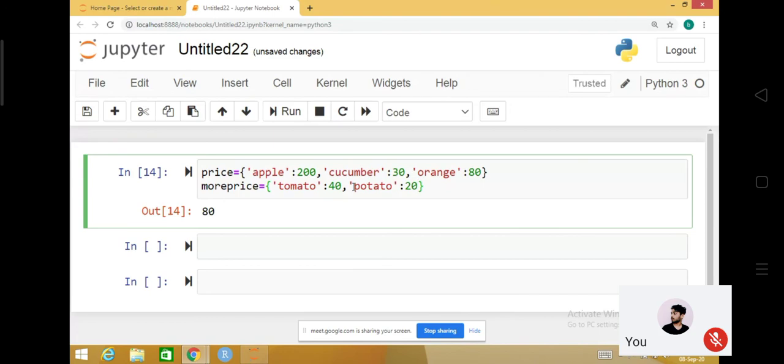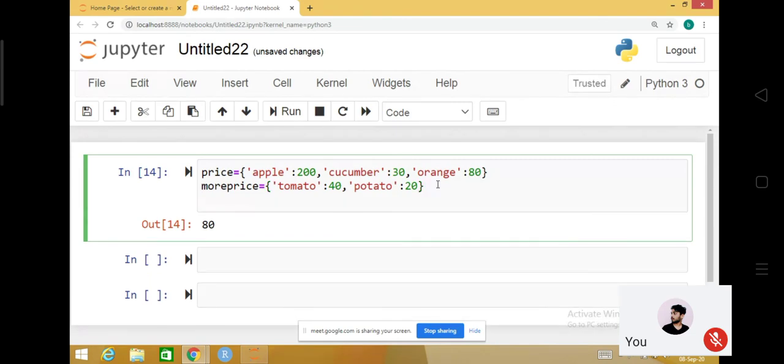Anyway, so I'm taking these two maybe. Then how can you update? Can I do directly price equals more price, or price plus more price like that? In that way it may not work.